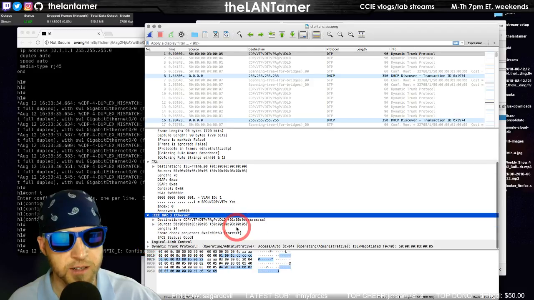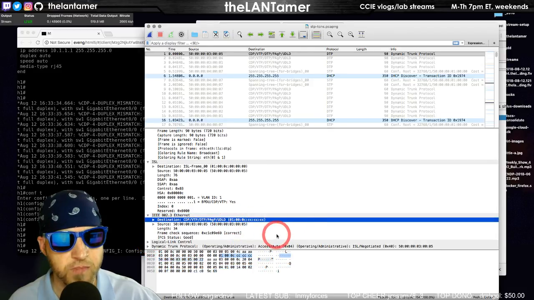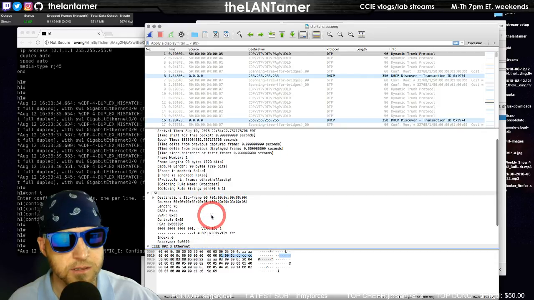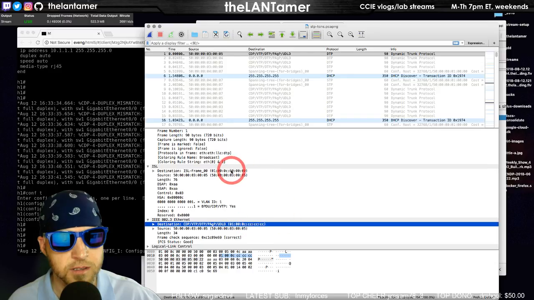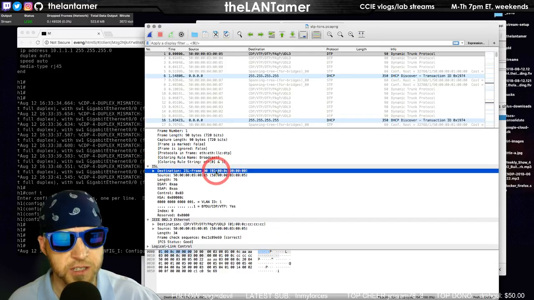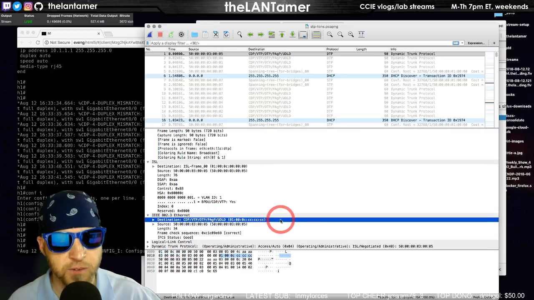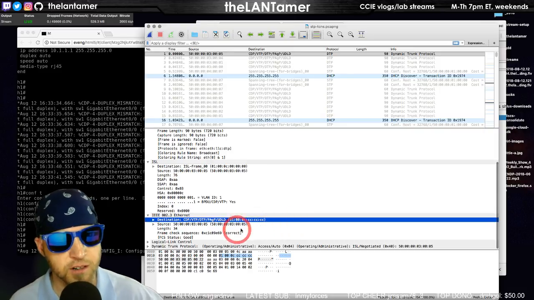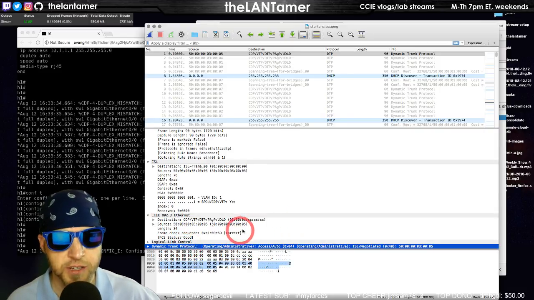Interesting. So here's the Ethernet frame. And destination. Interesting. Because of the first three hexadecimal segments, 01000C, that's how it's identified as ISL. But then if you look at the full address, it's either CDP, VTP, DTP, PAGP, or UDLD on Cisco gear. So yeah, this is DTP. And it says ISL negotiated.